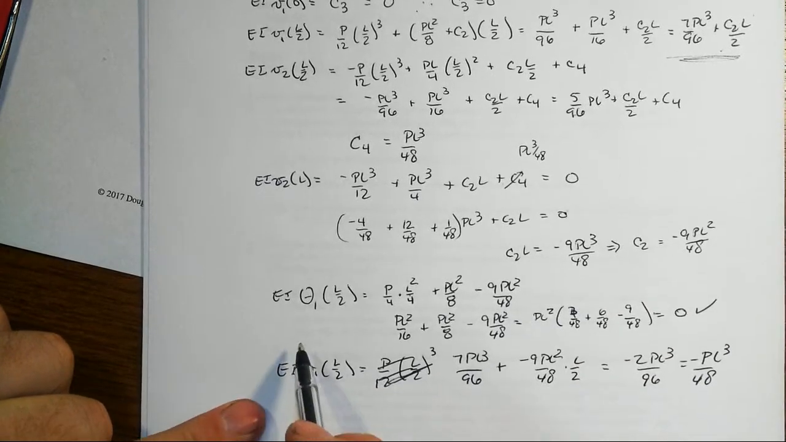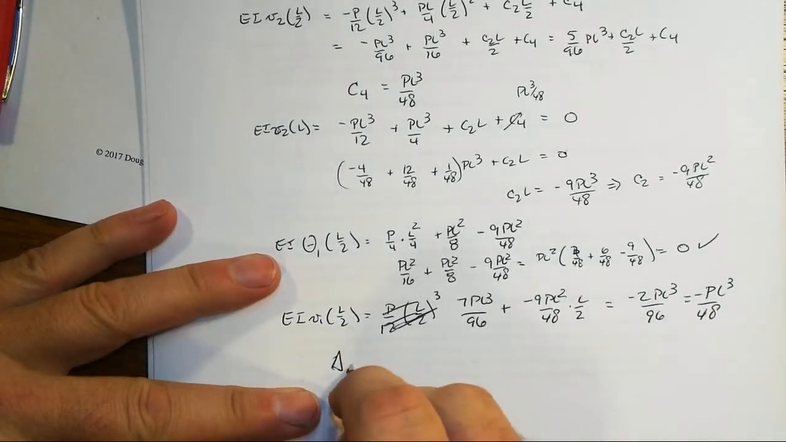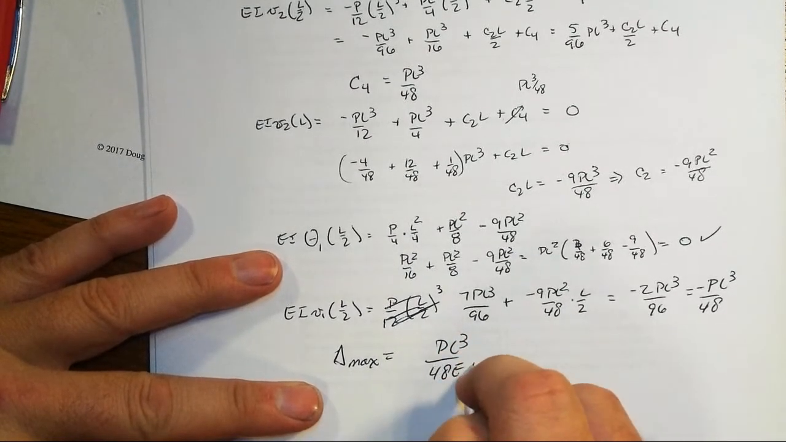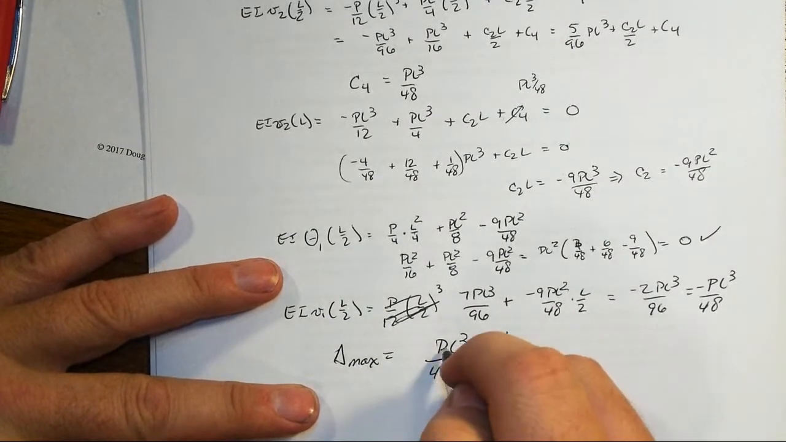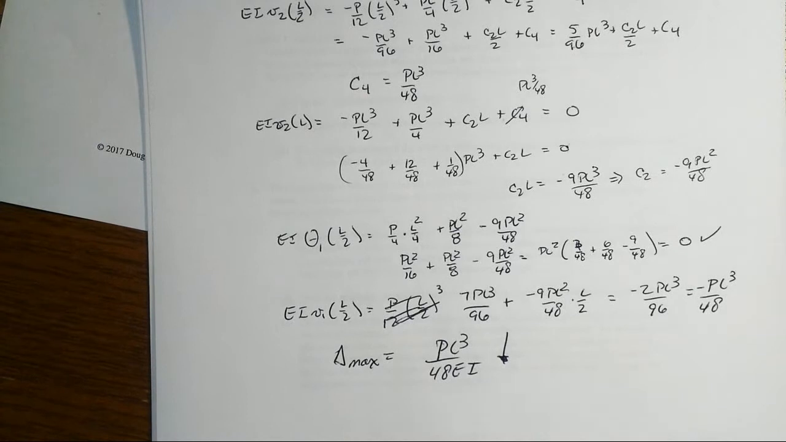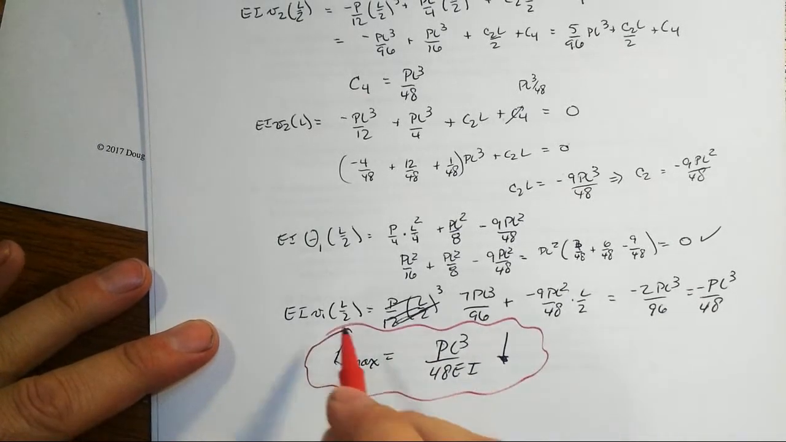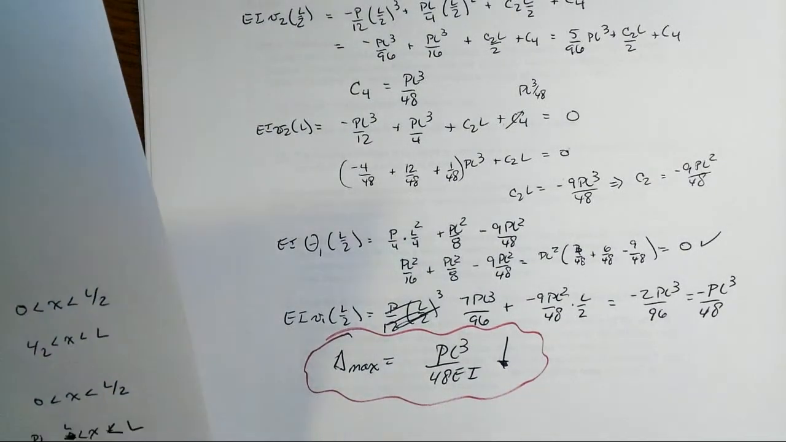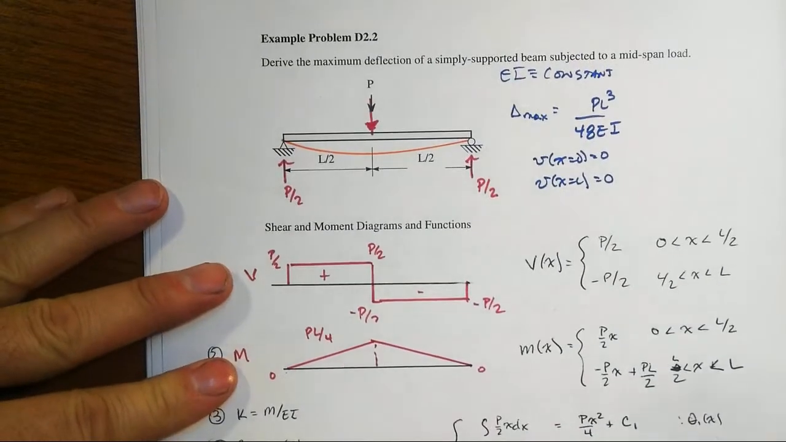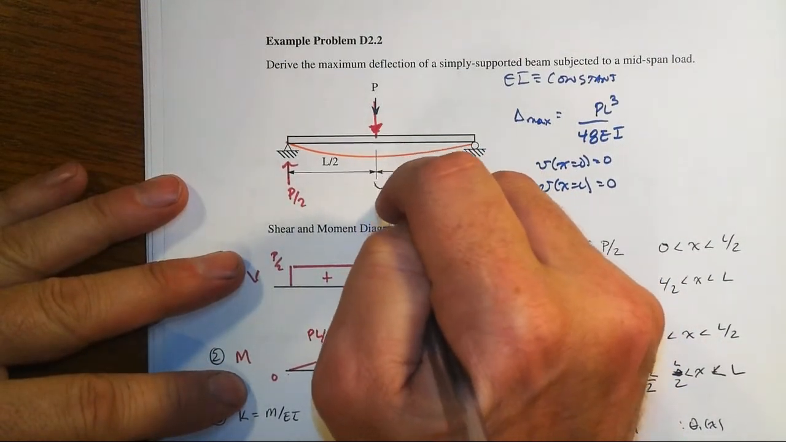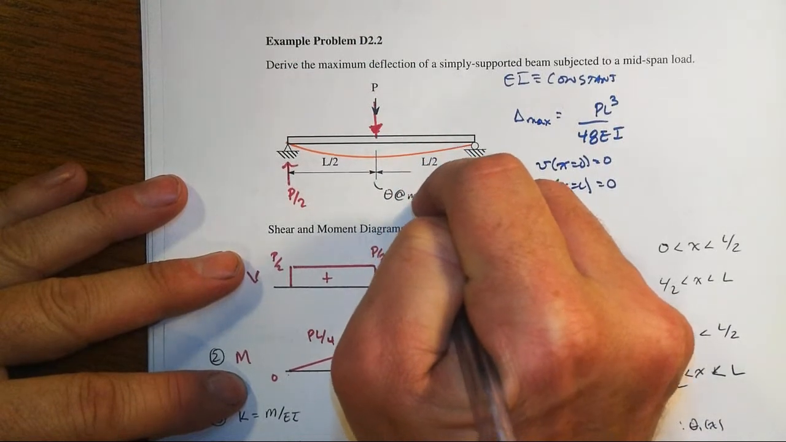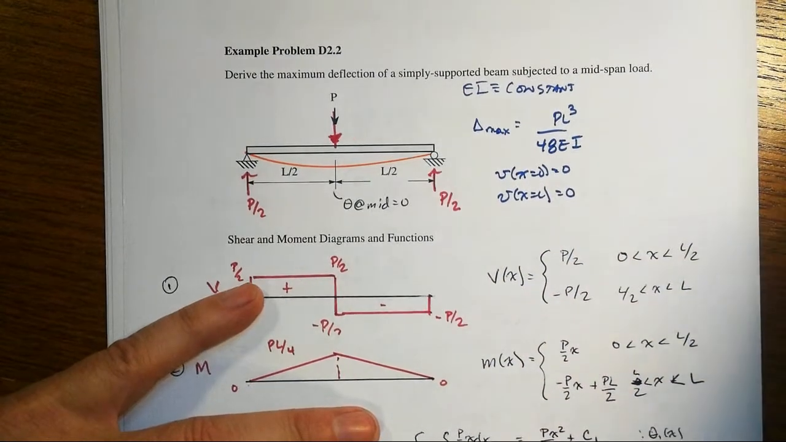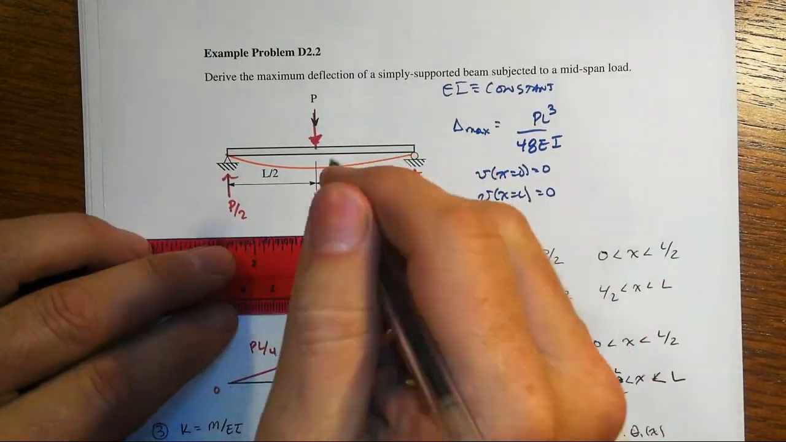And of course, there's your EI over here, that our delta max then is equal to PL cubed over 48 EI going downwards. The negative told us that it was going downwards. Wow. This is actually not that hard of a problem to do, but if you want to prove it using the integral calculus approach, it's a pain. Now notice something here. It turns out that theta at the middle equals 0, and if that's the case, there's another situation out there that looks very much like the same thing, and that is